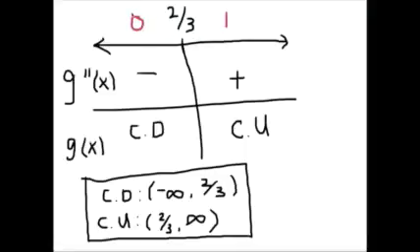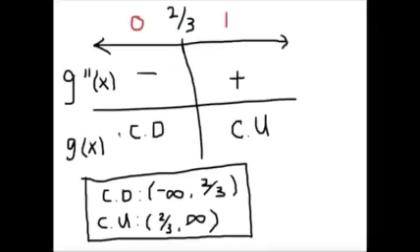Then you'd plug the critical point 2/3 into a number line, and you would find a value that is less than 2/3. I picked 0, and so you plug 0 into g double prime of x, and that would give you a negative number. And then you would find a number that is bigger than 2/3. So I picked 1, and you'd plug that back in,